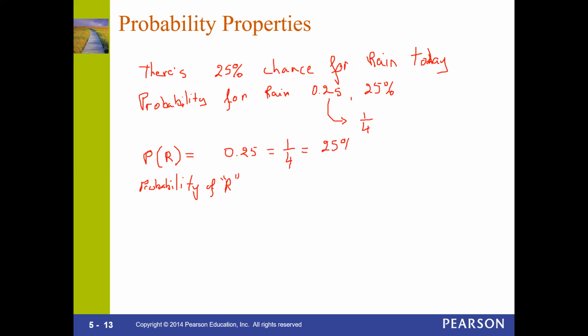So whenever you talk about probability, expect to have something expressed either in a decimal form, or in a fraction form, like 1/4, or in a percentage form. Most of us understand percentage very well, because it has more meaning for us.